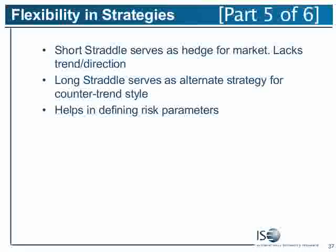A long straddle, if you like to fade a lot of moves, and I switch it up. I go both ways. If markets get choppy, I'll start fading moves. If markets get firm in one direction, I'll try and go with the flow. But overall, it's still a nice alternative strategy. If you like fading moves and you're more of a range-bound trader, it really can smooth out your